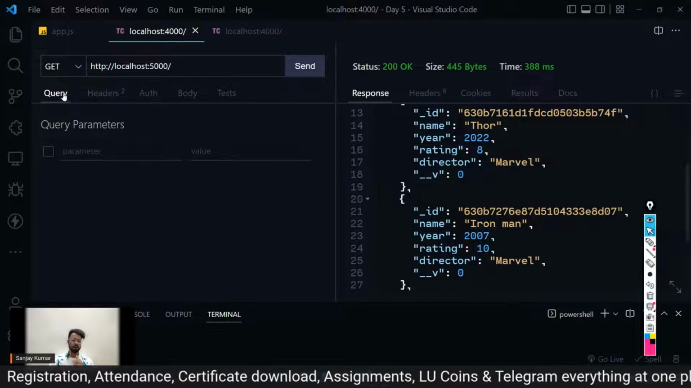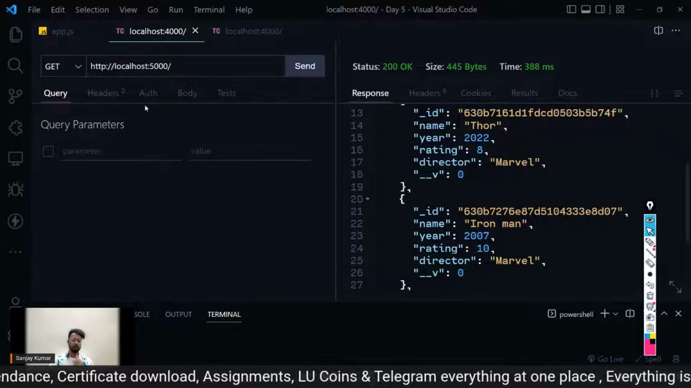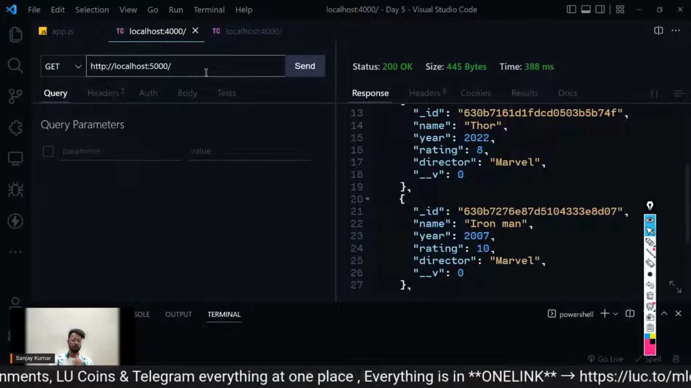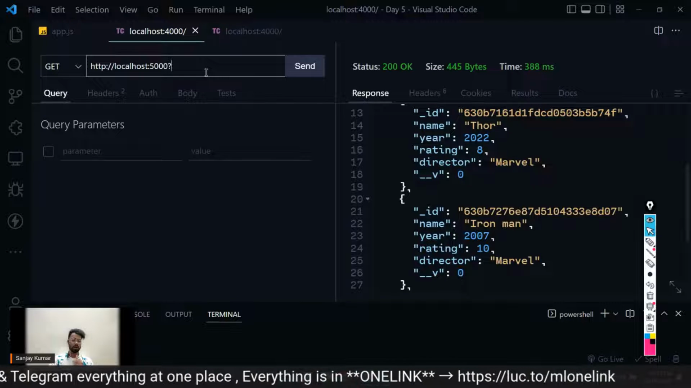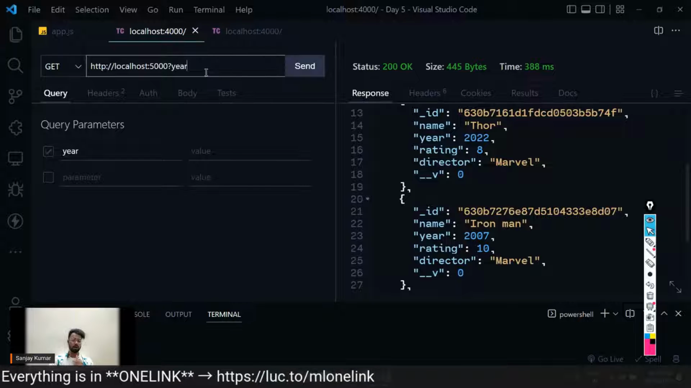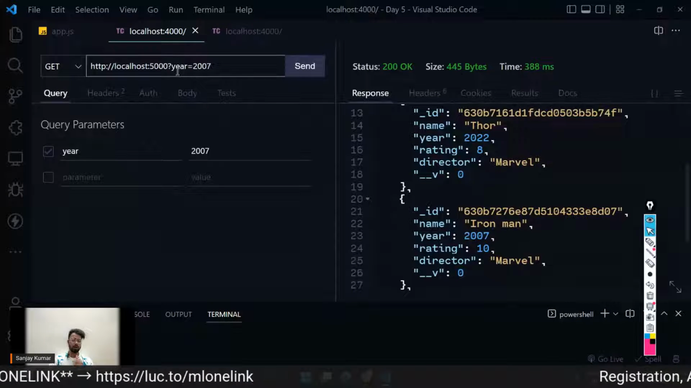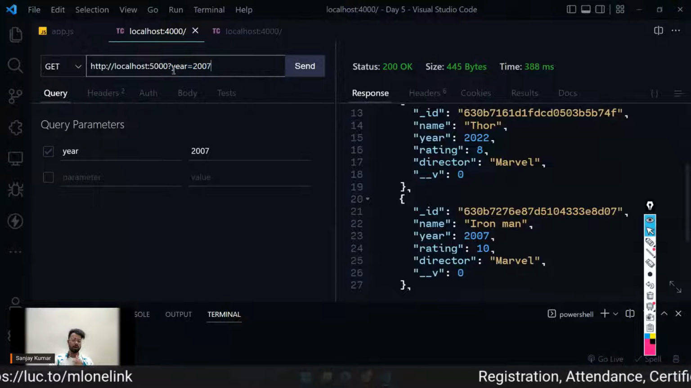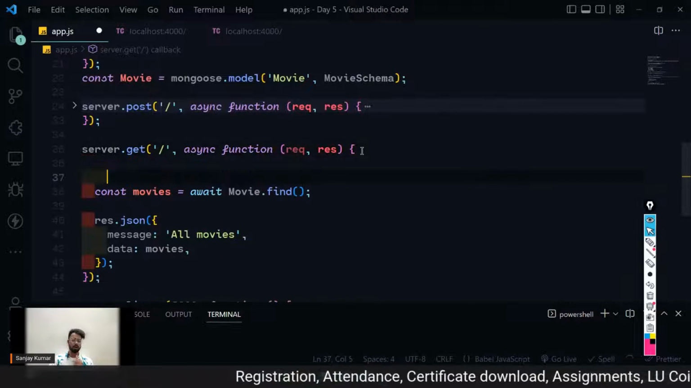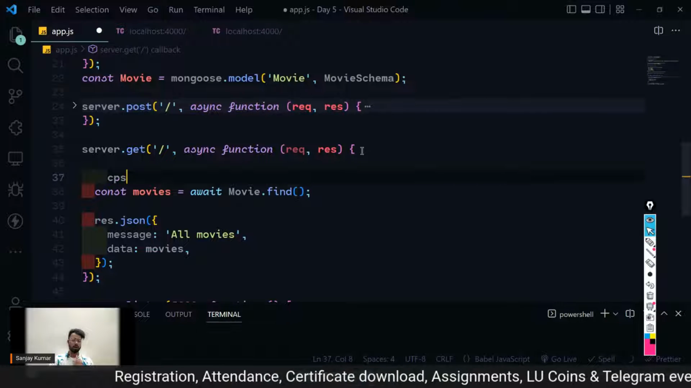To pass some query, we actually use this UI. And how the front end guy passes this query is none of our problem. You can basically pass a query by adding a question mark here, question mark year equals 2007. If somebody does this, we will get this query in request.query. So if I just do console.log